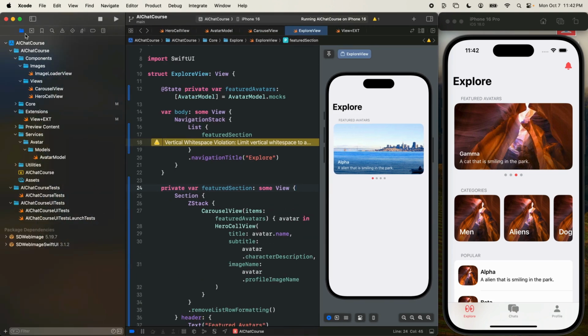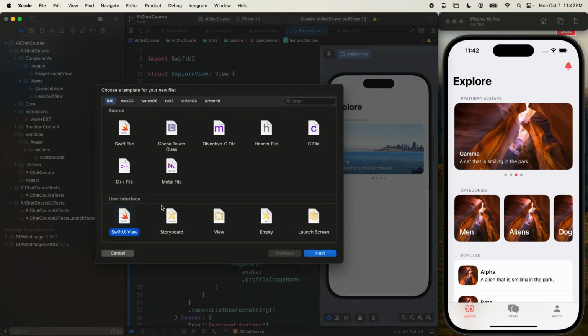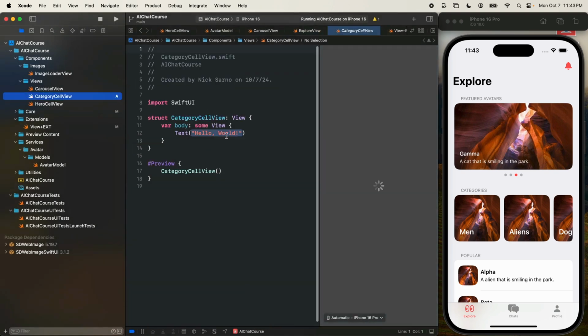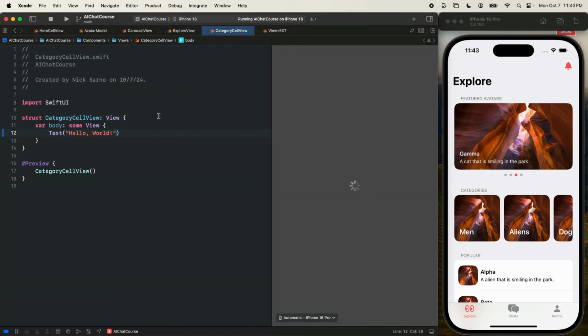Let's open up the navigator. Let's go to our reusable components, our views section. Let's right click, create a new file from template, SwiftUI view, and we'll call this the category cell view. Let's click create, jump in here,